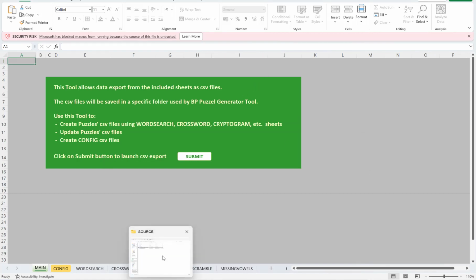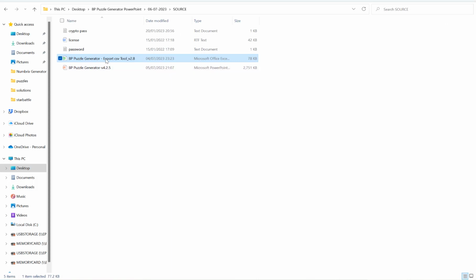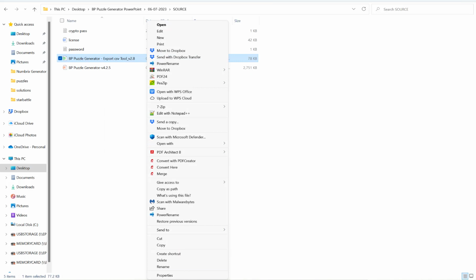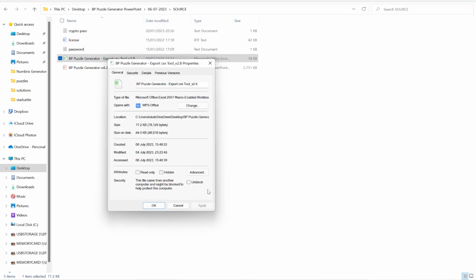All you need to do is right click on the file and then go to properties, and then down the bottom where it says security, this file comes from another computer and might be blocked to help protect this computer. So all you got to do is hit unblock